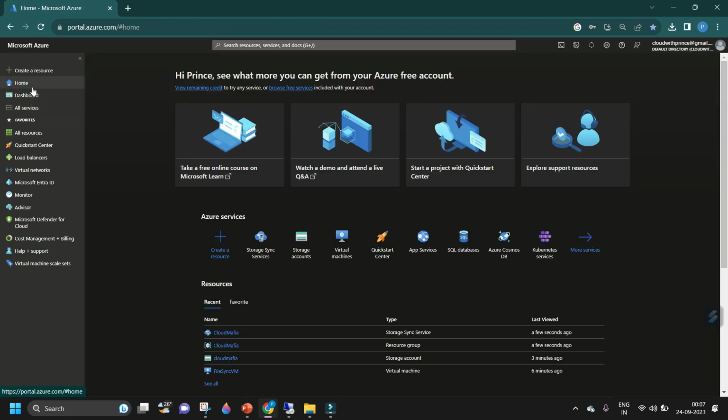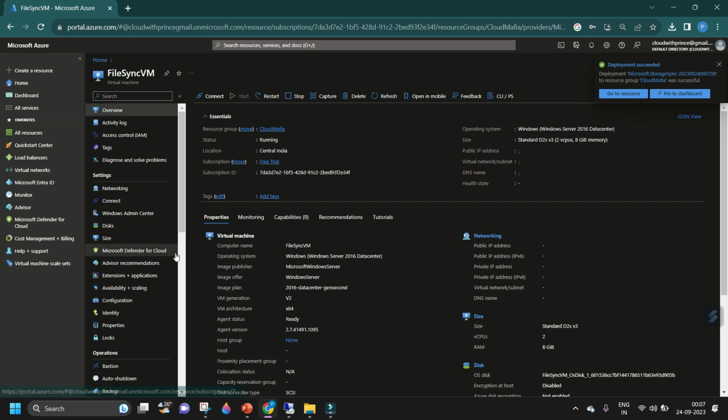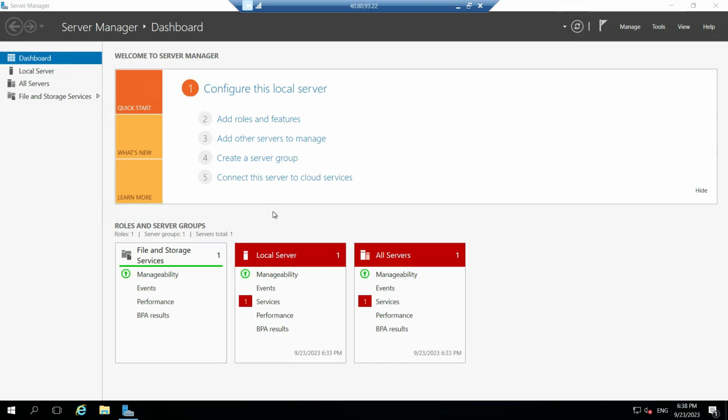We would be needing a server endpoint as well, since I told you in the last video. And I have created a Windows virtual machine just for the sake of testing. And it is also in the same region as Central India. But remember, it is not required to be in the same region. In fact, the best utility of file share could be that users from different regions could sync their on-premise server with a centralized file share. So I have RDP'd into this particular server, and over here, as I had told you,